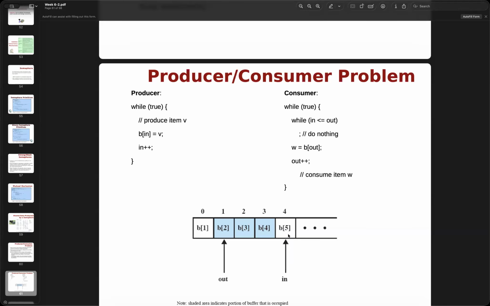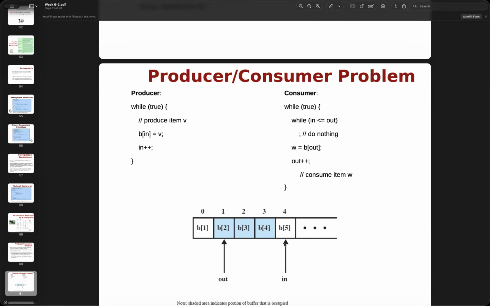Otherwise we take from the buffer B at the out pointer, and every time out passes one, so you keep advancing.